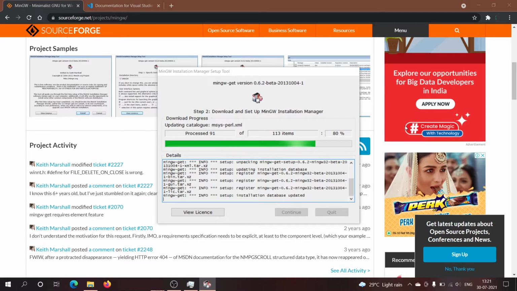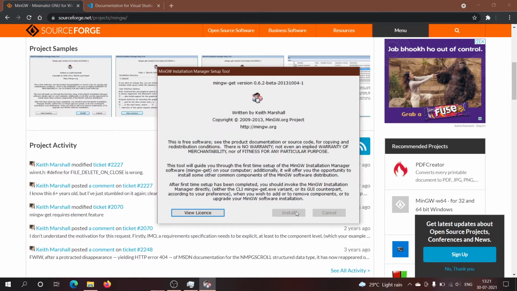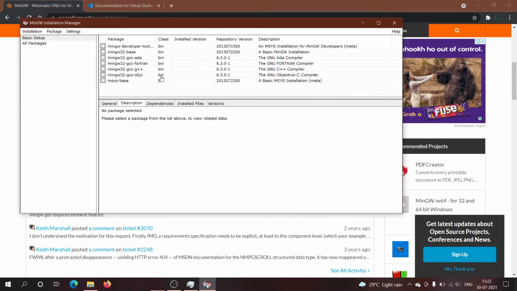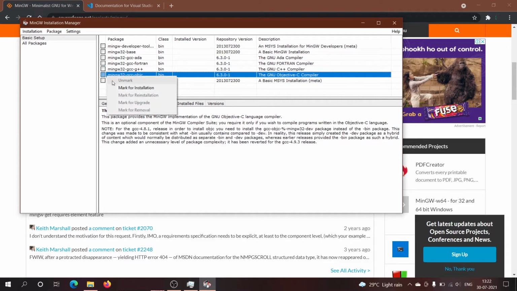We need this MinGW compiler to compile the program. A compiler converts the program that we have written into machine readable binary code. Now after it has completed, click on continue, and if you want the compiler only for C++ and C, then just mark these two for installation.